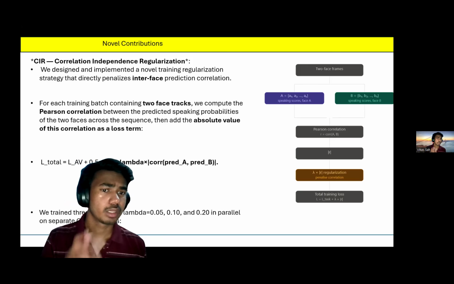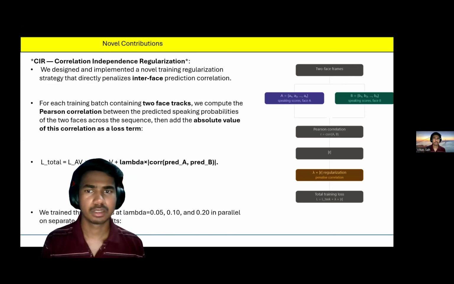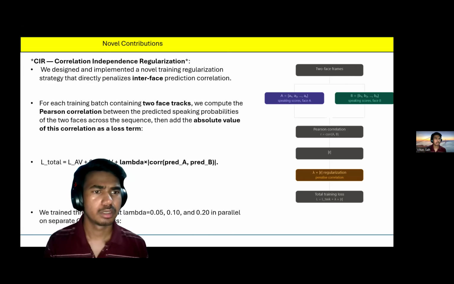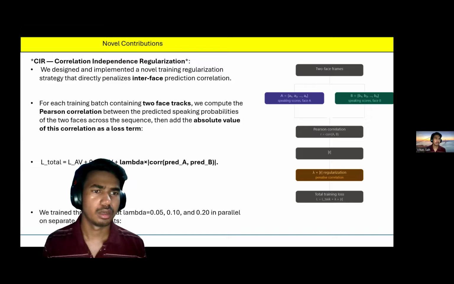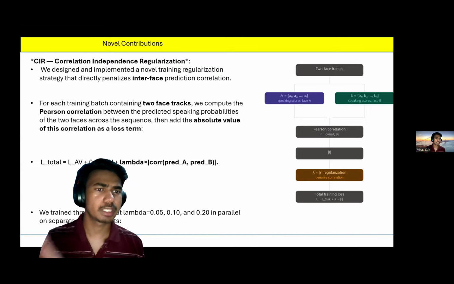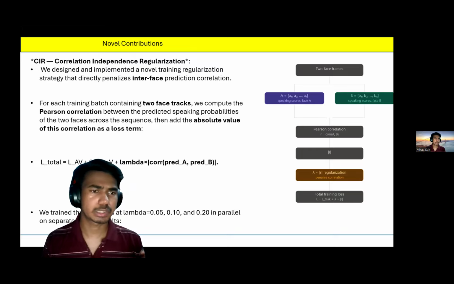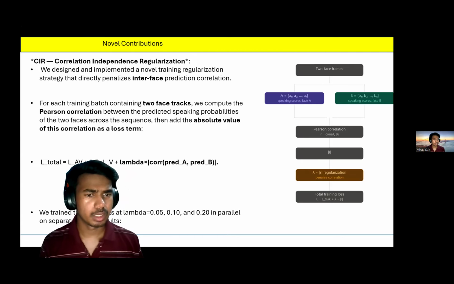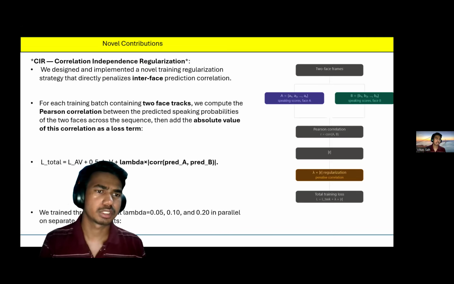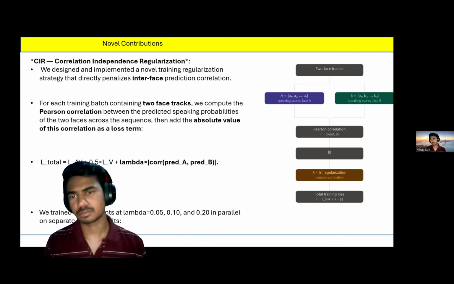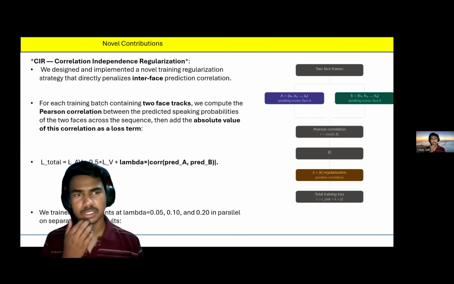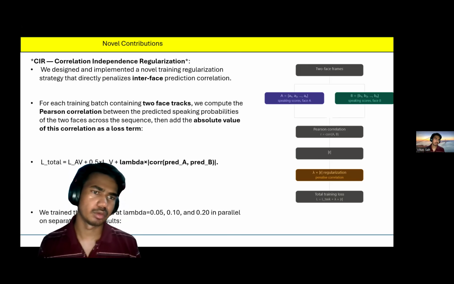The model has learned that if two faces are in the picture, the second person might be speaking to him. So to reduce this, we have computed the Pearson correlation between the speaking scores of person A and the speaking scores of person B. And by computing the correlation, we are using this in a loss function as a constraint to reduce this interdependency. So the total loss function becomes loss audiovisual plus 0.5 into loss visual plus